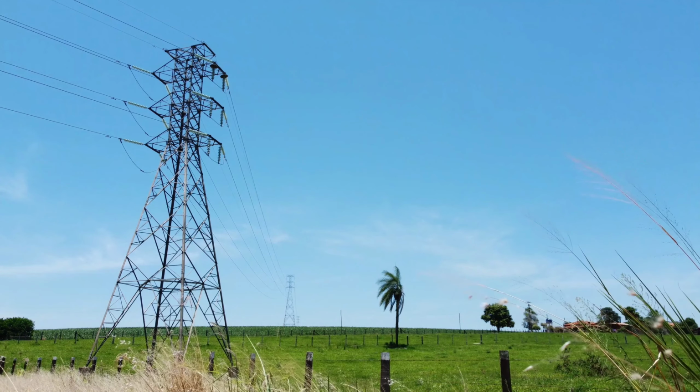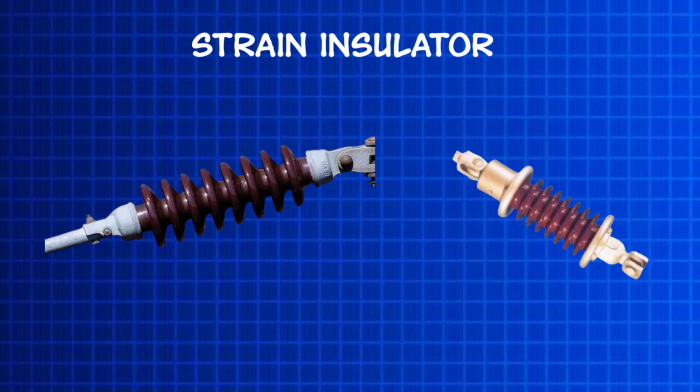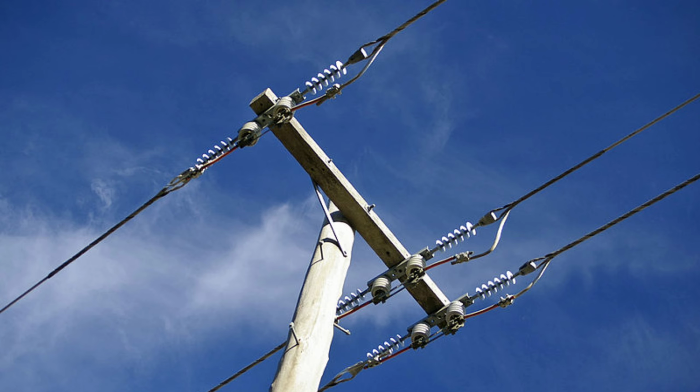A strain insulator is an electrical insulator designed to withstand mechanical strain while electrically isolating conductors. It is primarily used to support and separate transmission line, especially in high tension applications. These insulators are placed between 2 wires or end of the transmission line. Strain insulators are typically used where the conductor tension is high, such as at the end of the pole or